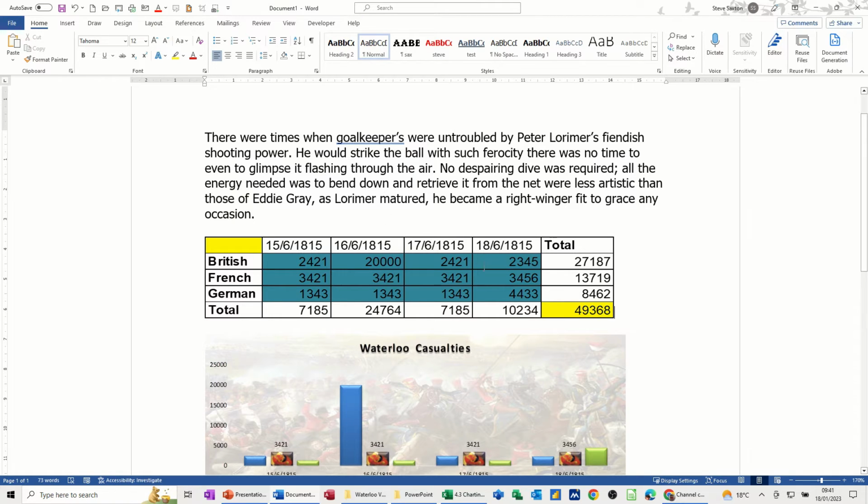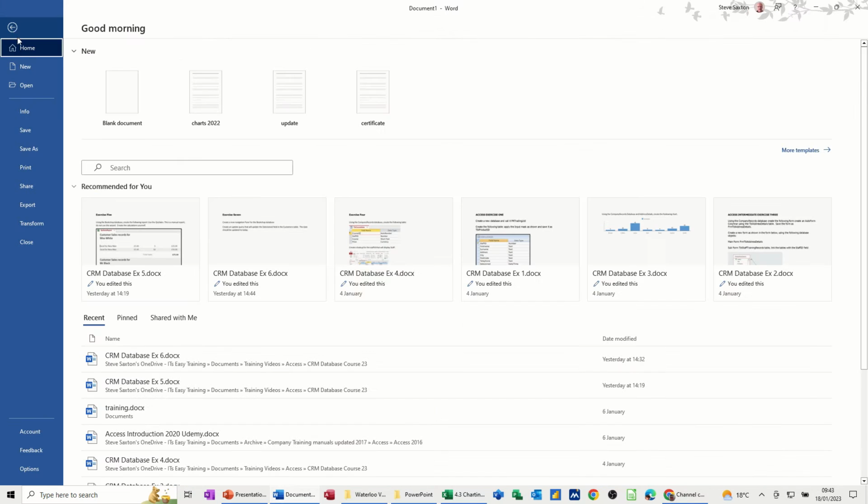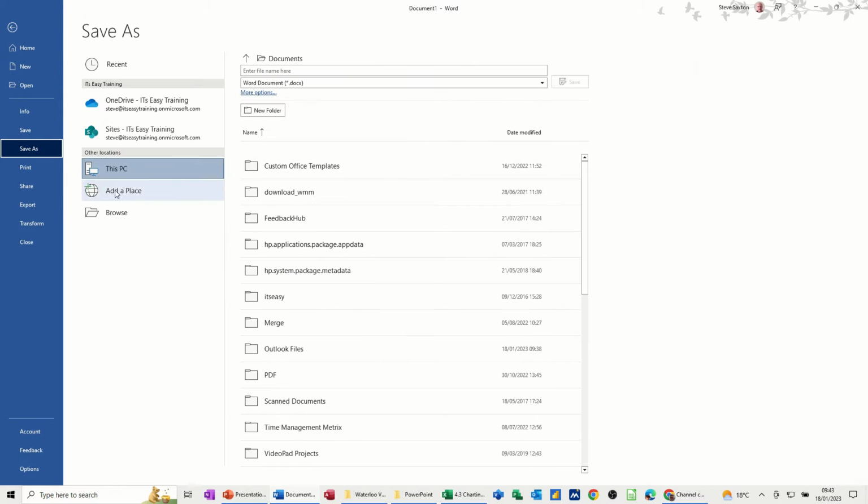I want this data, and let's assume that this data, this spreadsheet updates all the time. What I want to do now is save this as a template in Word and then change some of the source data in Excel to see if this picks it up. So at the moment we're on 49368. So I want to save this as a template, so I'm going to File, Save As, and I'm going